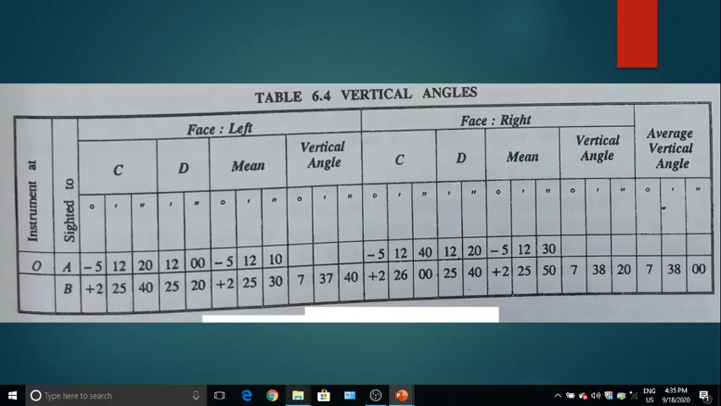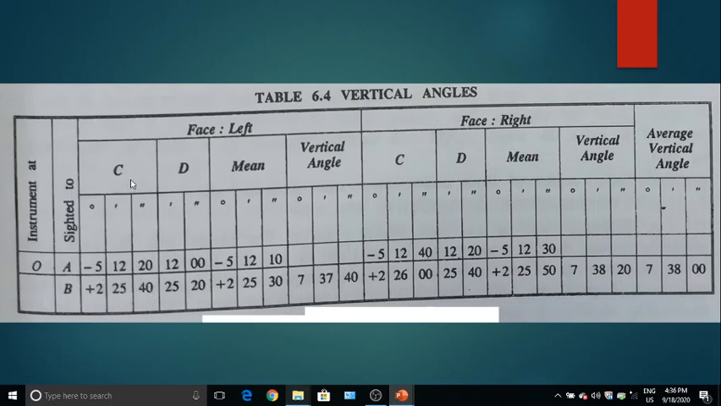Now when object B is bisected, the vertical angle at Vernier C is observed: 2 degrees and 20 minutes on the main scale, and 5 minutes 40 seconds on the Vernier coincidence. So 20 plus 5 is a total of 25, finally 2 degrees 25 minutes and 40 seconds is my